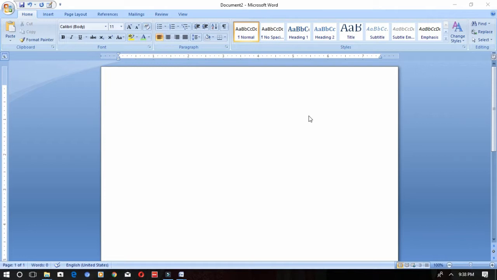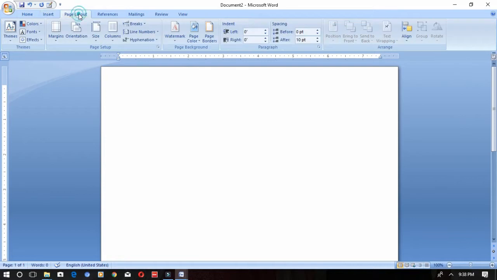Today we are going to see in this video Microsoft Word basics. So now let's see the components of Microsoft Word. Here we have Office button, Quick Access toolbar, title bar, and some of the tabs. Under tabs you have some of the groups under the ribbon. In the Home tab you have clipboard, font, paragraph, and styles groups. The same way you have various groups in these tabs.